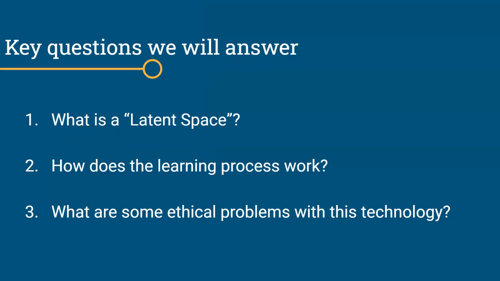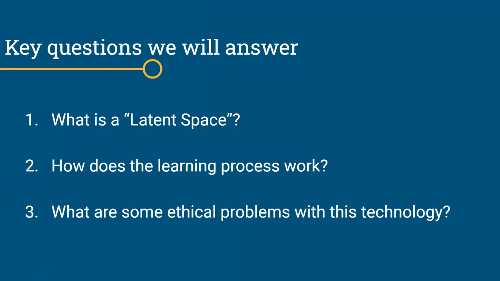So there's three key questions that we're going to be answering today, with a bit of background before we get into them. The first one being, what is a latent space? A few of you have probably heard of this, but this is a very, very important concept to understanding how modern diffusion systems work. The first version of this actually didn't have it. I think the first diffusion model was made in like 2019. It was used for like texture inpainting. It was very, very simple. And it didn't have a latent space, but we'll cover why a latent space is very important,